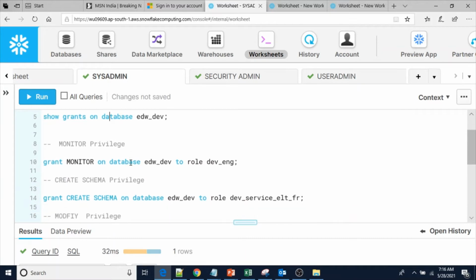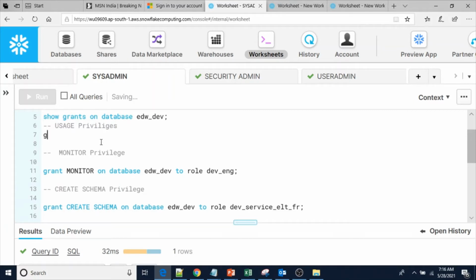Here, grant first the usage privilege. So grant usage on database edw_dev to role, the role which has been created just now.